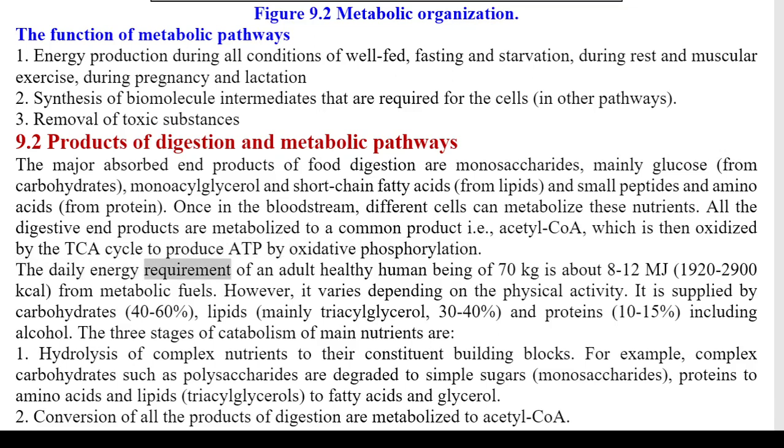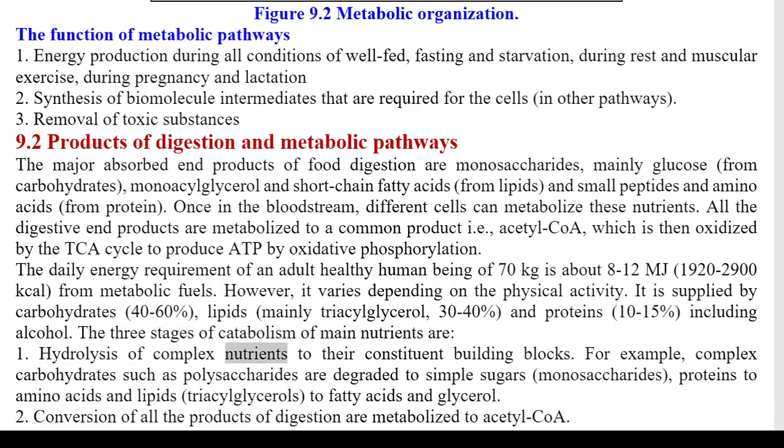The daily energy requirement of an adult healthy human being of 70 kg is about 8 to 12 MJ, 1920 to 2900 kilocalories, from metabolic fuels. However, it varies depending on the physical activity. It is supplied by carbohydrates, 40 to 60%, lipids, mainly triacylglycerol, 30 to 40%, and proteins, 10 to 15%, including alcohol. The three stages of catabolism of main nutrients are: